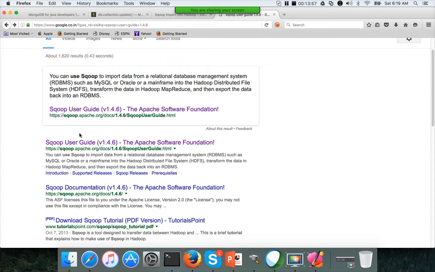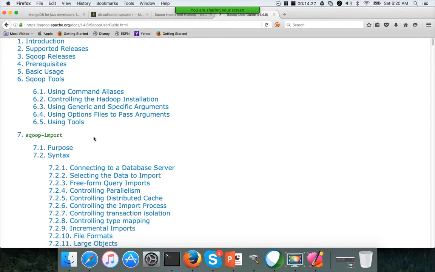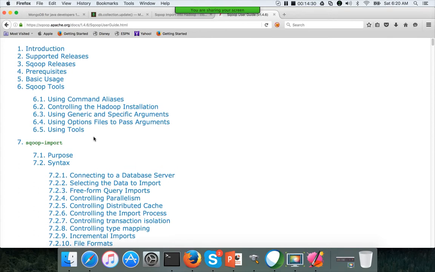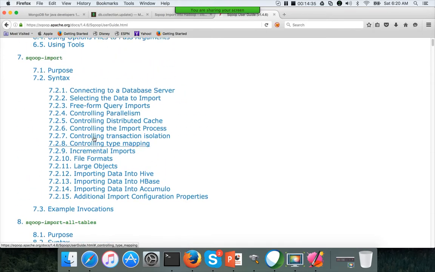But for us, we will be using Sqoop only to get data from databases and load into HDFS, or get data from HDFS and load into databases. We only use Sqoop as a tool. We don't make changes to the Sqoop source code. So we are considered to be users even though professionally we are developers. So the guide you need to look into is the Sqoop user guide, not the Sqoop developer guide.